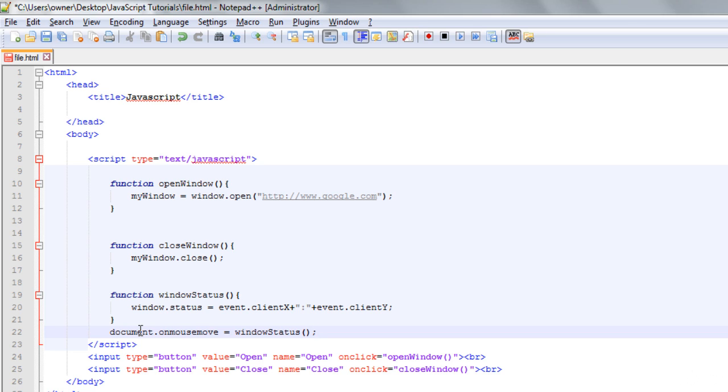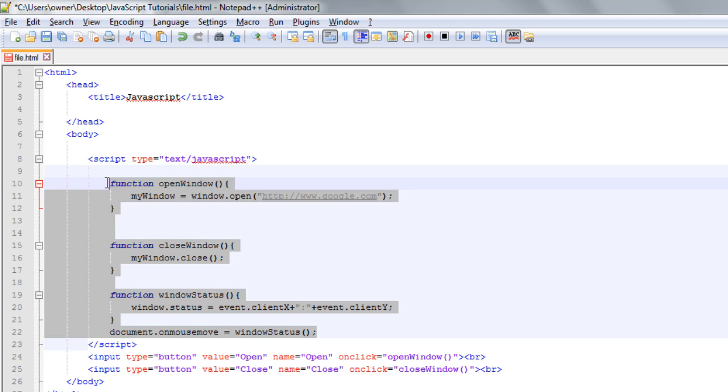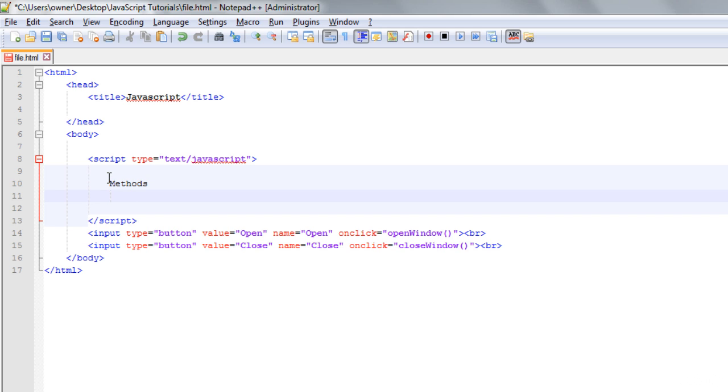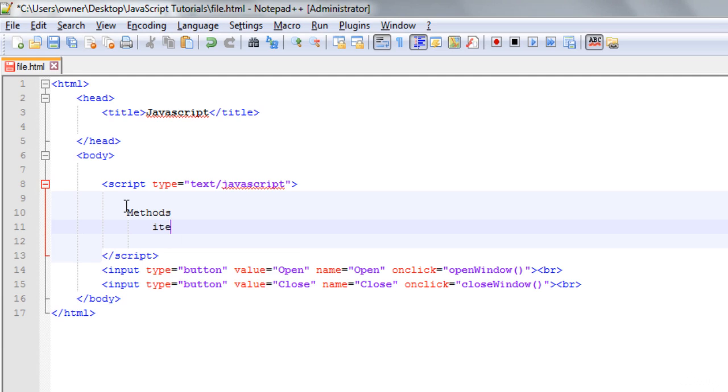So I just told you this concept for educational purposes because these status methods still exist in JavaScript, so you must know about them. So these three were the basic methods in the window object. There are a few more methods as well, so let's see about them also. Let me delete this first. Okay, so the methods that we have are the item method, then we have the navigator method,